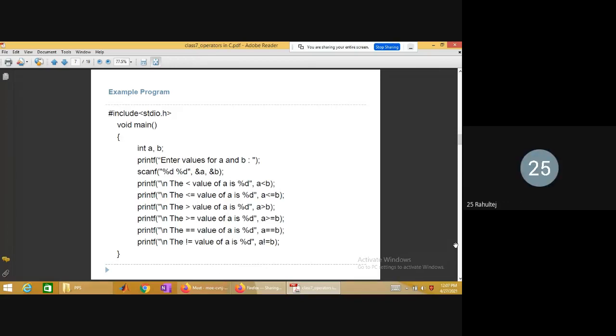Yes, sir. As I said in the last class, in the last program, why waste a variable by taking 1 or 0 into a variable and then again using it in the printf? Instead of that, to reduce the memory, the expression can be written directly in place of the variable, for the relational operators. Is it clear to all of you? If you say yes, I can move to the next type of operators.